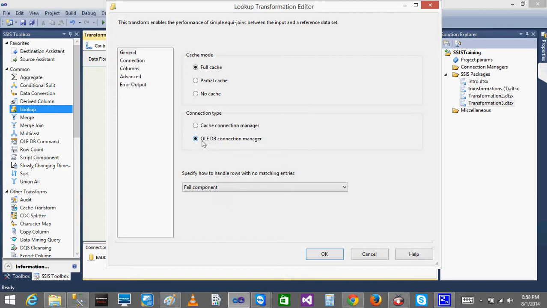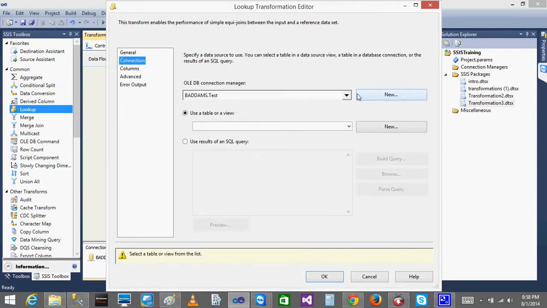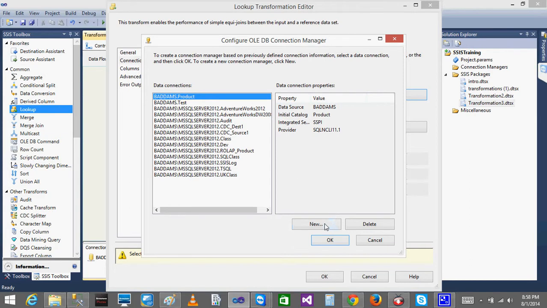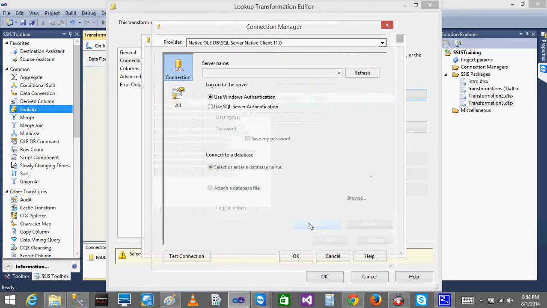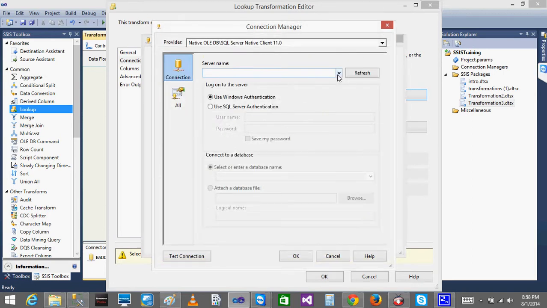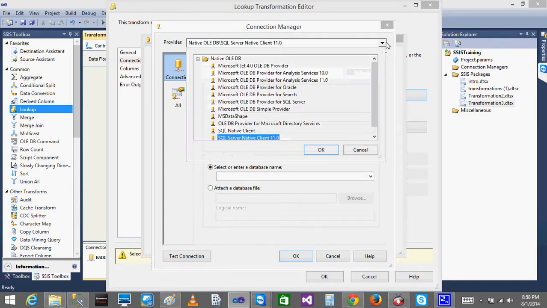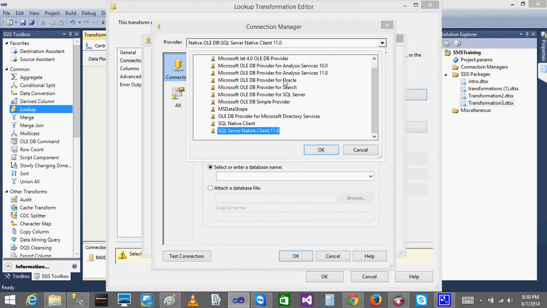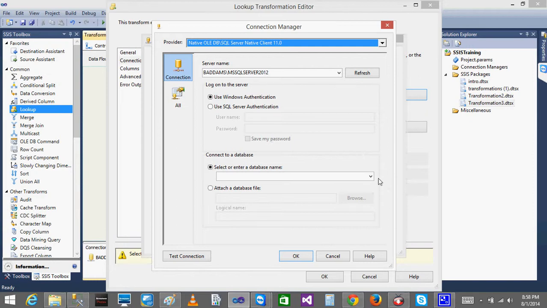When I go to the OLEDB, now I'll go to the connection. I'll click new connection, and you can create whatever connection you want. I don't think I have the table already, so I'll just create a new one here. It is on a different server, and the database name is test. If you want to get that lookup from Oracle, you need to install the Oracle client, or you can directly connect to the Oracle server. Okay, but not from flat files. You can't do a lookup from flat files.